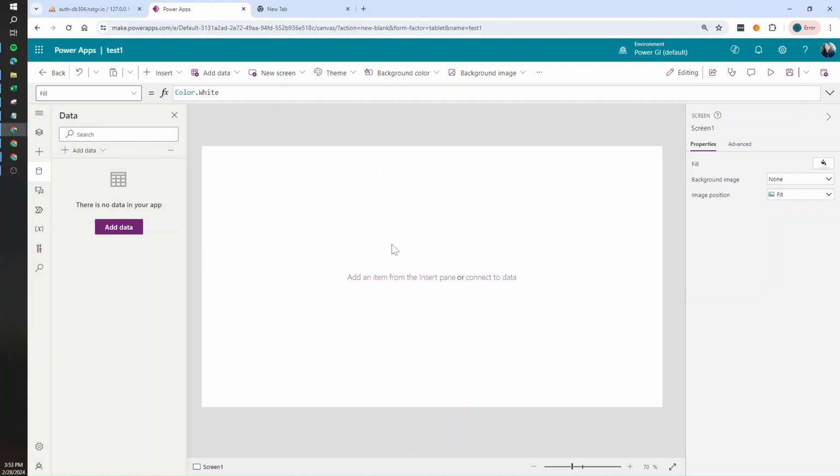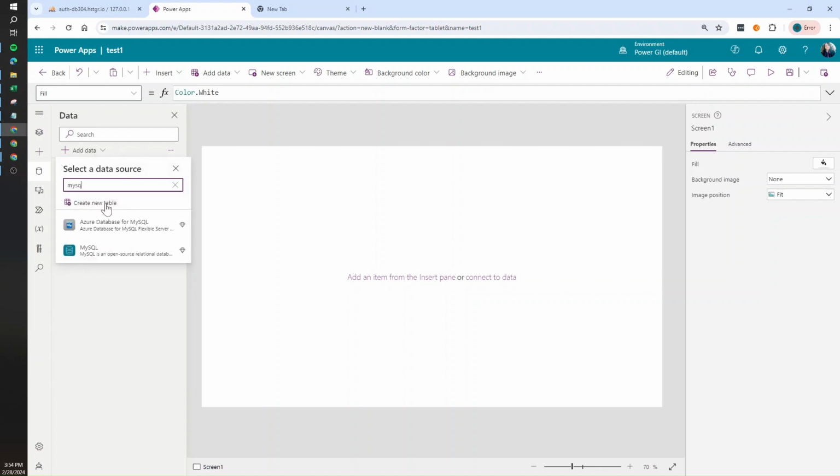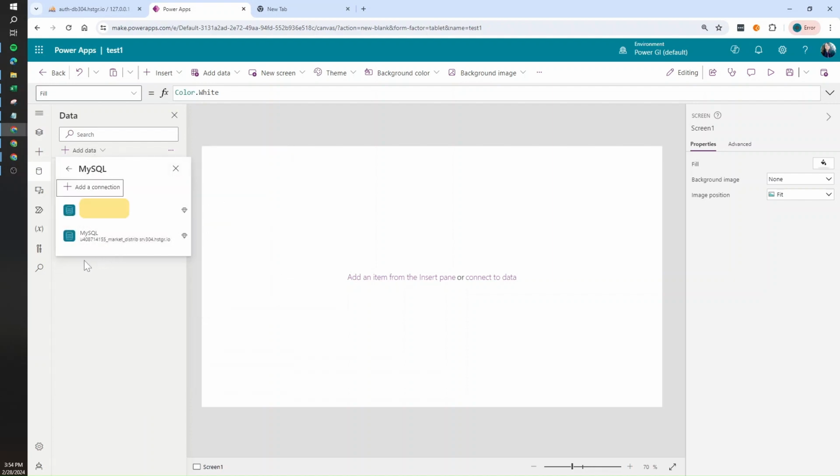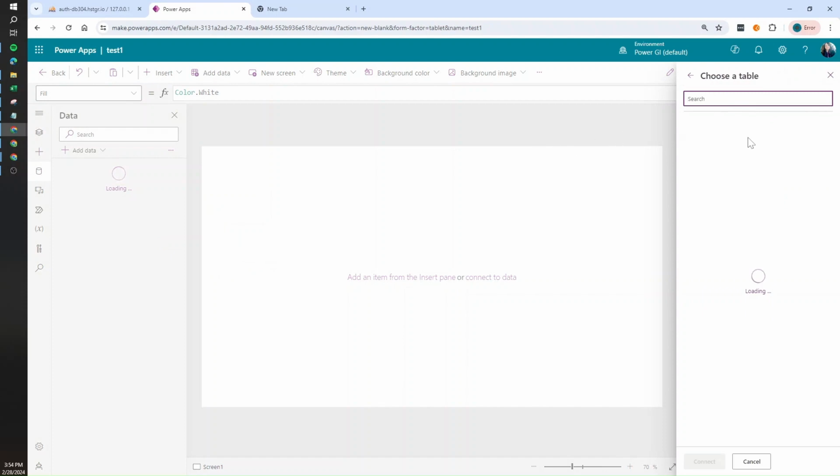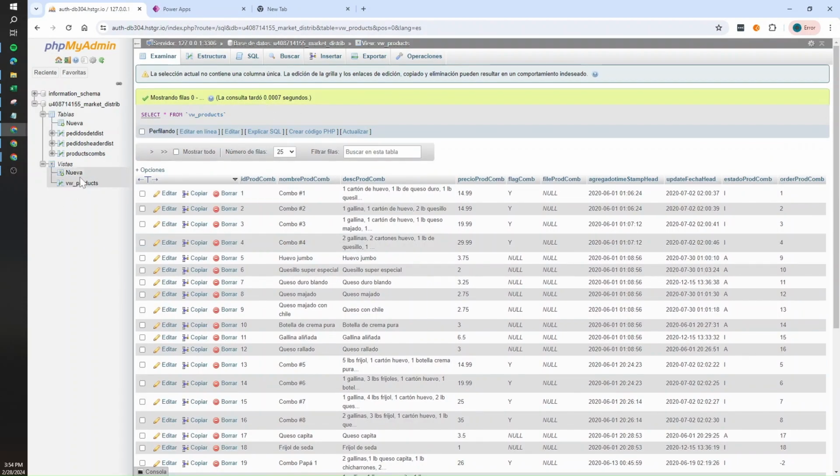So I have this app from blank, and I will just go ahead and add new data. So let's search for the MySQL connector, and I have already created my connection here to the server and the database. When I click on it, by default, I see only the tables. If I go to phpMyAdmin, you're gonna see that I have a view here, but I don't see it in